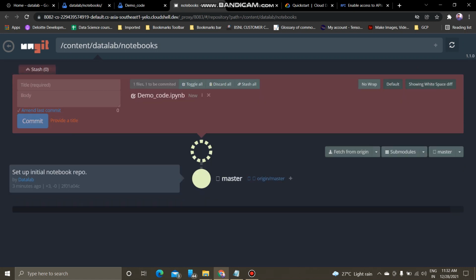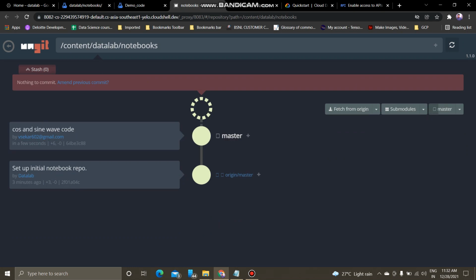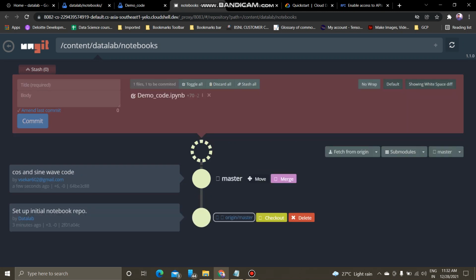Just give some title like cos and sine wave code, and commit it. Due to some reasons, everything will be hidden by ungit, so just fetch it, commit that from origin, and then merge it.